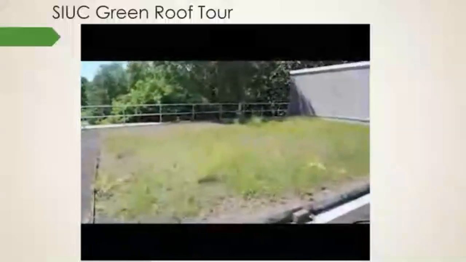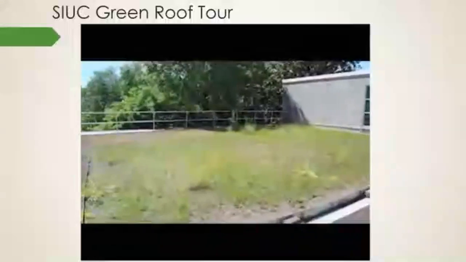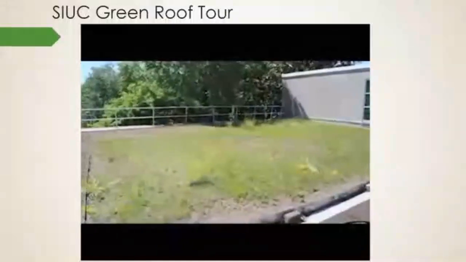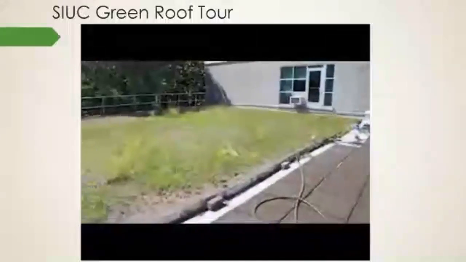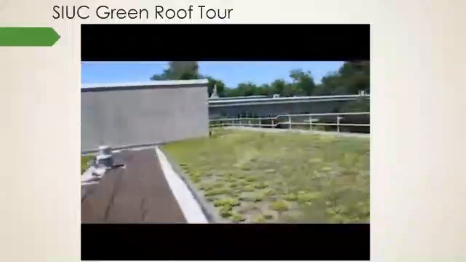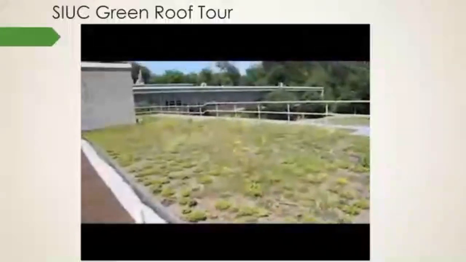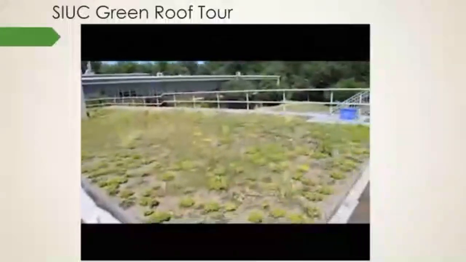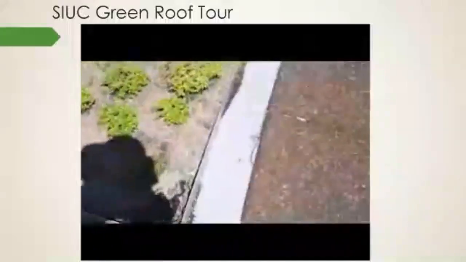Now the coreopsis has slowed down, and successional blooming is coming in with the black-eyed Susan. And we can even see a couple other things. There's a few little pink sedum flowers and dianthus coming up, so those are cool. And this is a hodgepodge of things over here as well. A lot of different wildflowers in there.